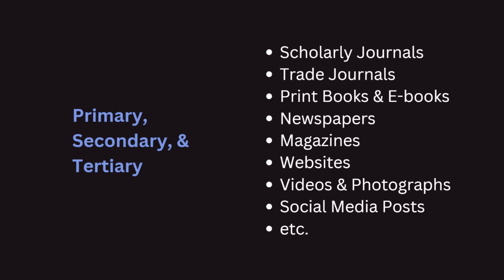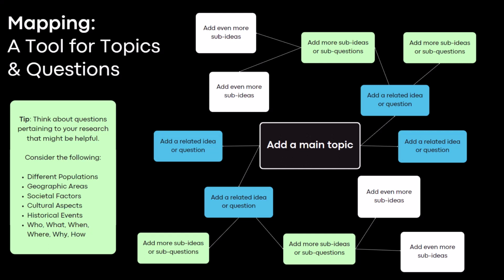At this point, you can begin mapping and gathering background information on your topic. If you are unfamiliar with your topic starting out, you might look at an encyclopedia or a database research starter for an overview, and then use that to help you start your map. There are many different ways to go about creating a concept map. In this example, the researcher starts with the main topic and branches out to related ideas and questions, and then